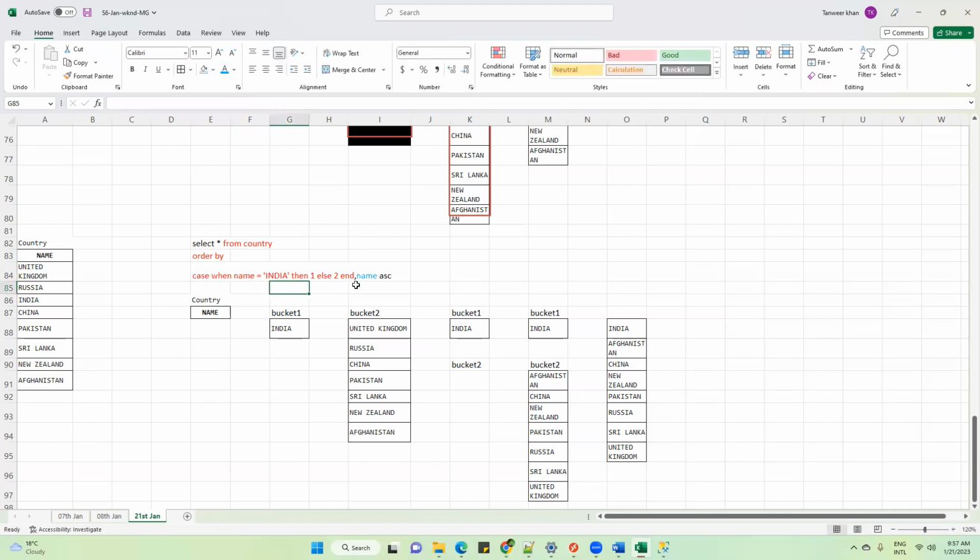After that comma we have written name, right? So it is applicable on both buckets. I will show you that. It is applicable in both the buckets, but in bucket 1 we have only one data, so there is no meaning of sorting it. But I will show you some more examples where we'll have a few more data in bucket number 1 as well. But yes, it will sort data in both the buckets.